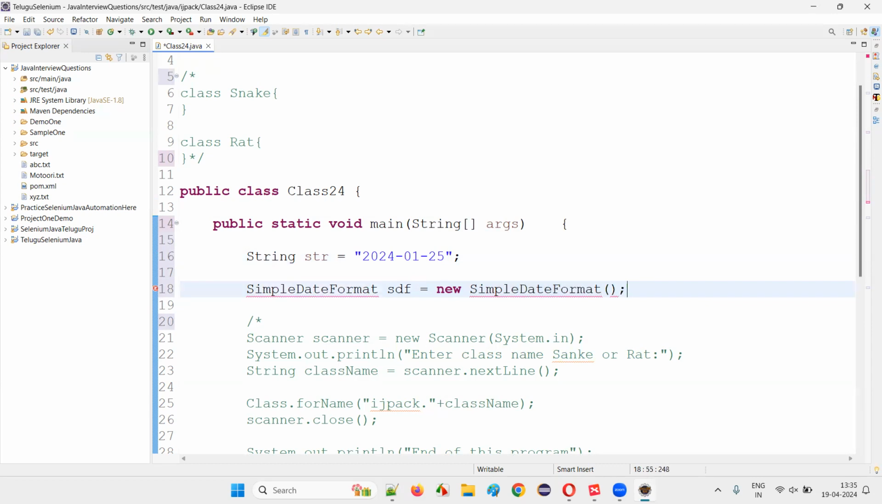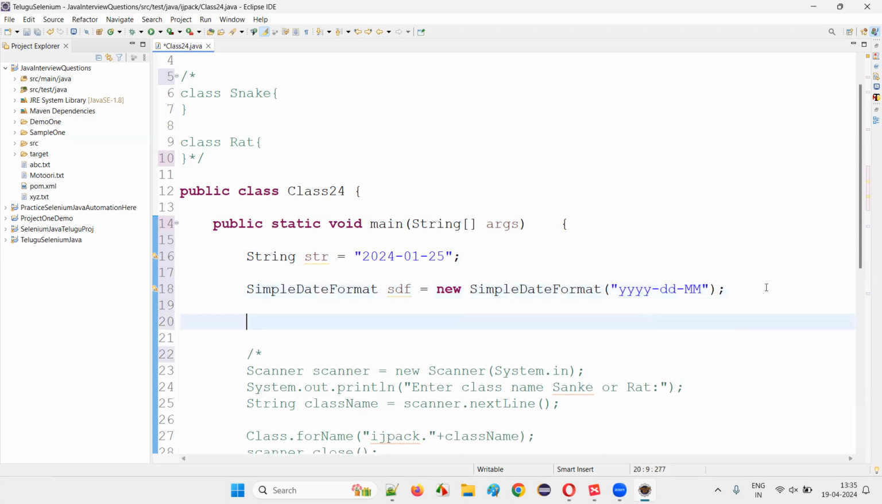I'll write this and simply say Control Shift O. And here I need to provide a format, guys, like yyyy hyphen dd hyphen capital MM. Okay, this is the exact format. So if I give a proper format here and if I use SDF dot